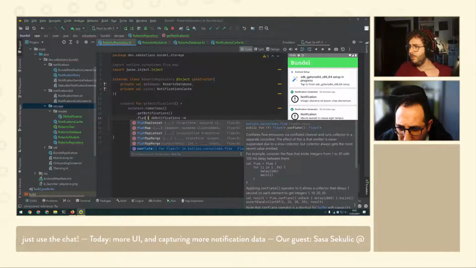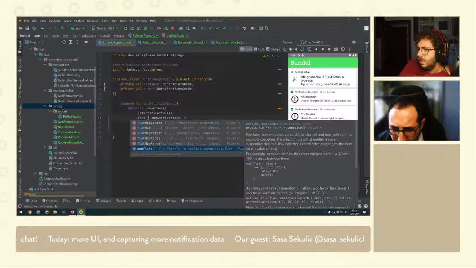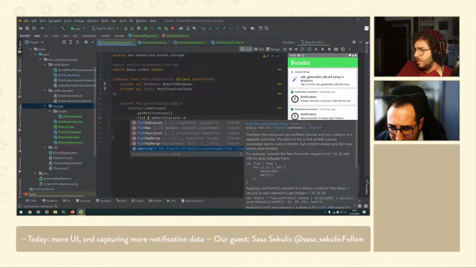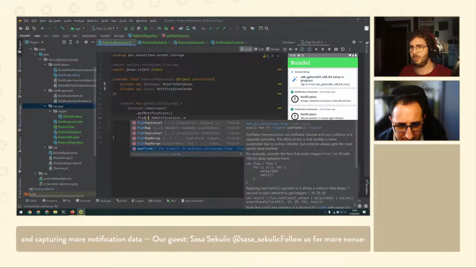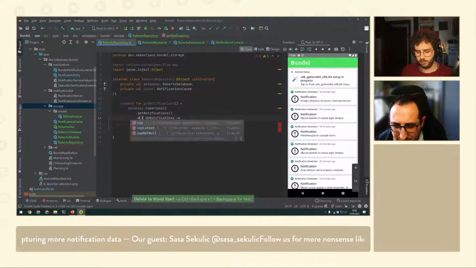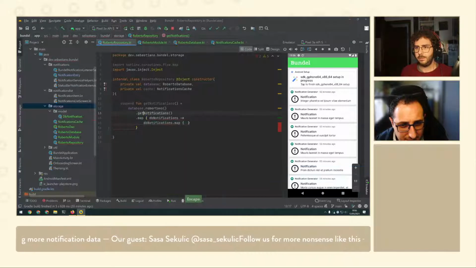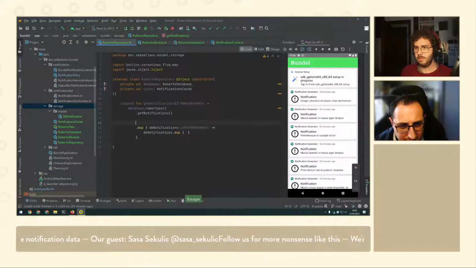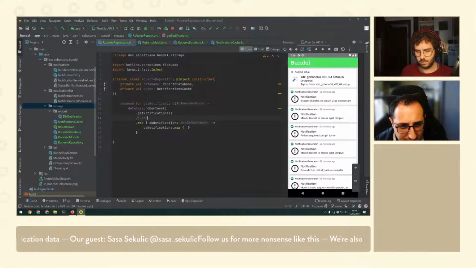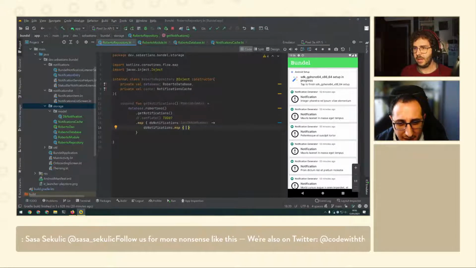Conflates flow emissions via conflated channel and runs collector in a separate coroutine. The emitter is never suspended due to slow collector, but a collector always gets the most recent value. I think we might want to do this because the part before the part in here is going to be slow. But maybe. We'll reason about it later. Yeah. Okay, so